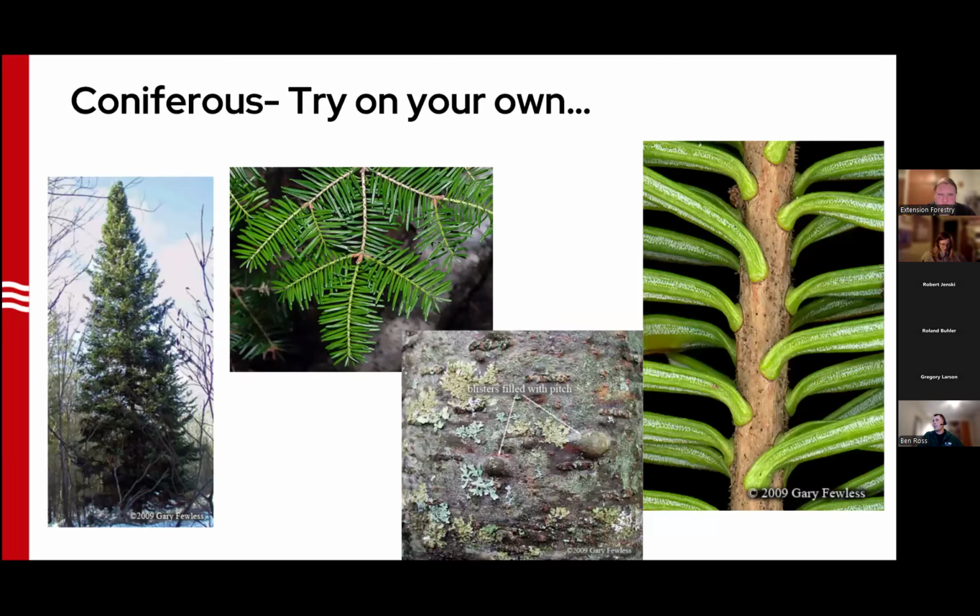Yeah, so with that, we're gonna do an activity to try to identify this tree. I would say if you are good at tree ID already and know what this tree is, still work through the tree key just to get used to it and practice a little bit, and see if you can follow through. So if everyone wants to grab their key and just go step by step,